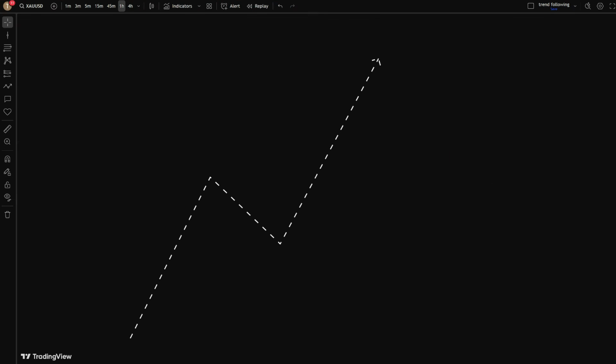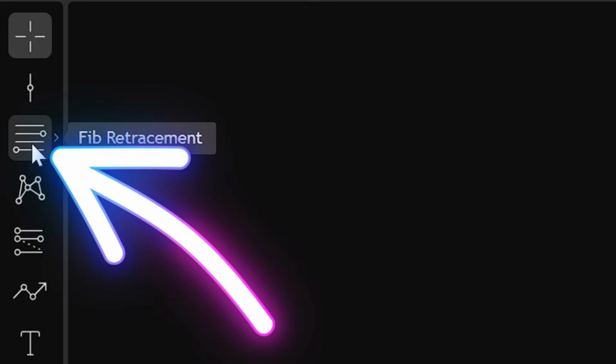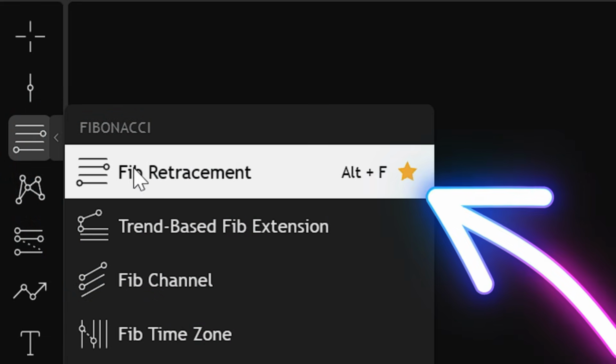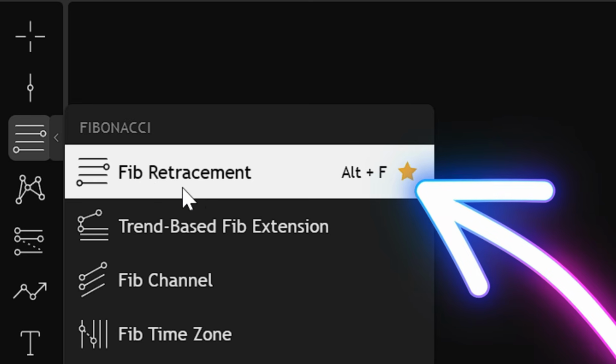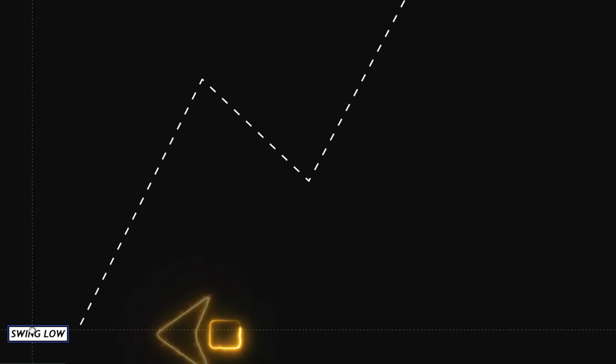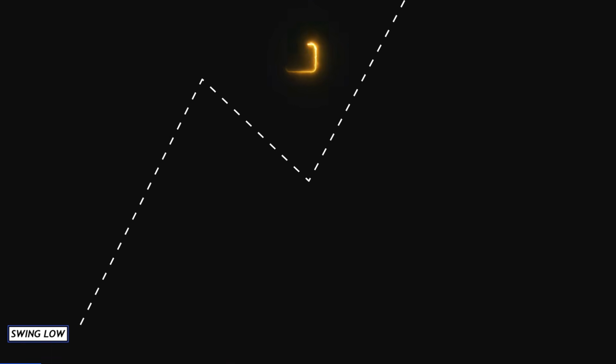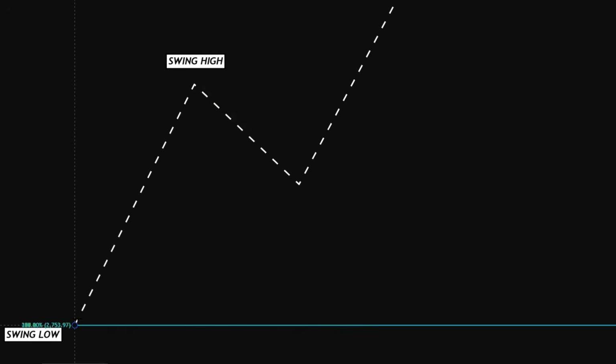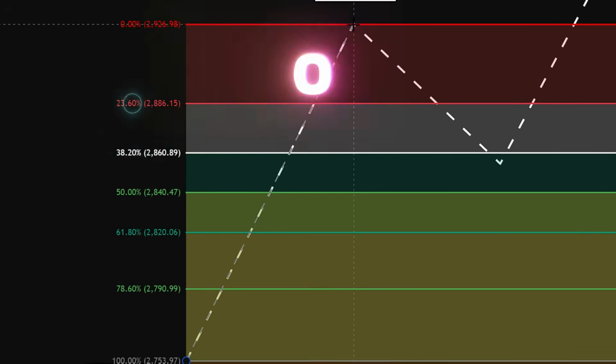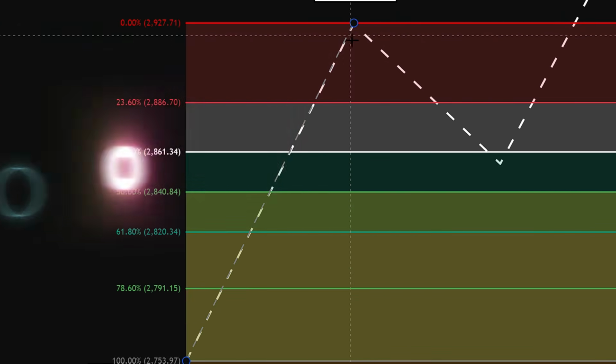Check this out. Let's say we're looking at a clear uptrend here. The first step is to grab the Fibonacci Retracement tool. You just click on the icon over here on the left menu in TradingView. Now, we have to have two specific points. In a strong uptrend, we always drop from the swing low up to the swing high, just like this on your screen. By default, the Fibonacci levels that pop up are basically these: the 0.236, the 0.382, the 0.5, which is the half of the move,